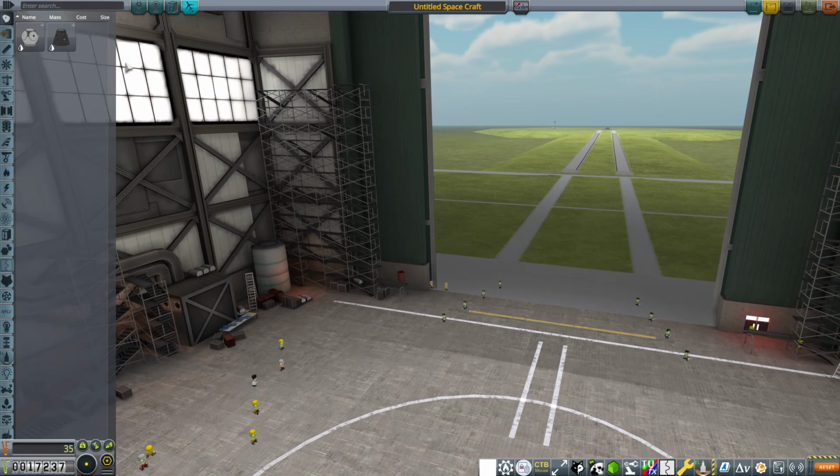We'll go into the VAB, and we will construct our first rocket that is actually a rocket. Now, of course, there is also a part that comes with this. Oh my god,